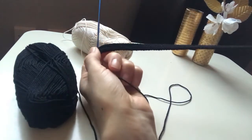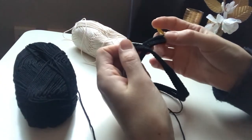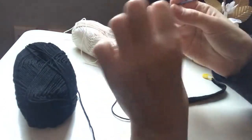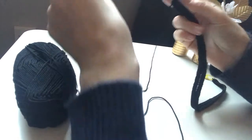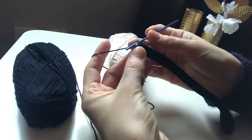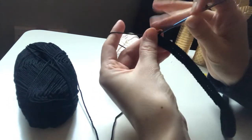If you see here, I have already made also the way back. I have also put a sign here where I started the 109 stitches, just in case, better to know. So at the last one, if you see here, I will introduce the white color because we are going to start the pattern directly. Here I will add also the white color, and of course at the last stitch here we are going to add 3 stitches. Okay, so let's do